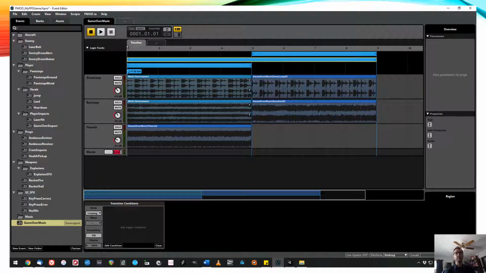So this is what I'm talking about. I have a drum loop, a bass loop, and a flourish, and they're all one loop region. You can see the smaller loop right above that first set of multi-instruments. And then I have another set of drum and bass, and that is the second part, and that is also a looped region. But between those two looped regions in the Logic tracks, I have a long loop region that